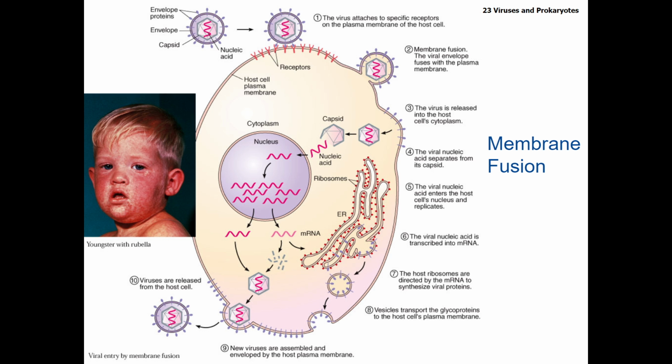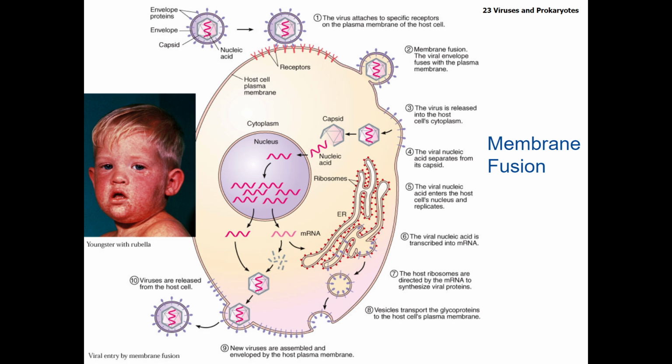So here we see the membrane fusion that takes place via the process of viral infection. We see up top that the virus attaches to specific proteins. There are receptors on the plasma membrane of the host cell. Then we see membrane fusion, and the viral envelope is fusing with the plasma membrane. The virus is then released in the host cell's cytoplasm with its capsid surface proteins remaining in the plasma membrane. Then the viral nucleic acid, or genome, separates from the protein coat, the capsid, and that can enter the host